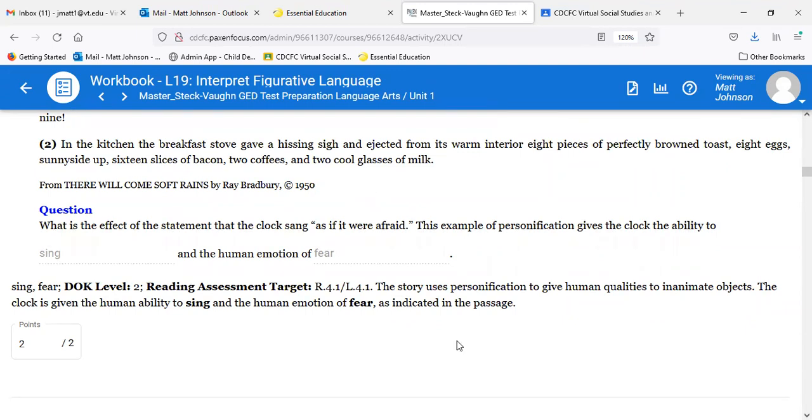There's a lot of types of figurative language. There's other ones to discuss, but these are probably the most